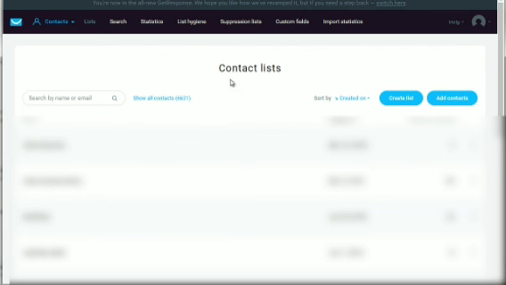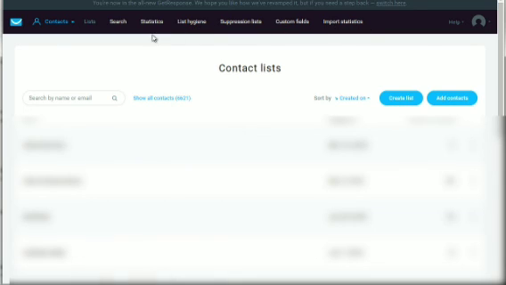And like I said, the more specific the list is, the better it's going to actually convert in the long haul. So you have lists, you can do a search, you have statistics on seeing what's actually happening within your list. You have list hygiene, which allows you to clean your list, and blacklist basically means you can blacklist them from ever signing up in one of your web forms ever again.